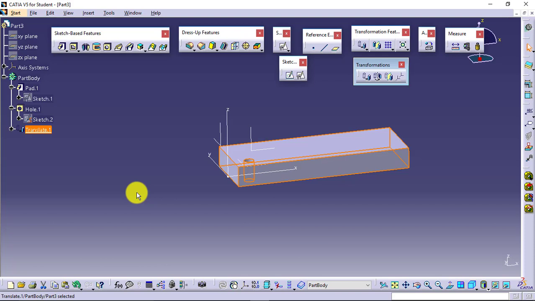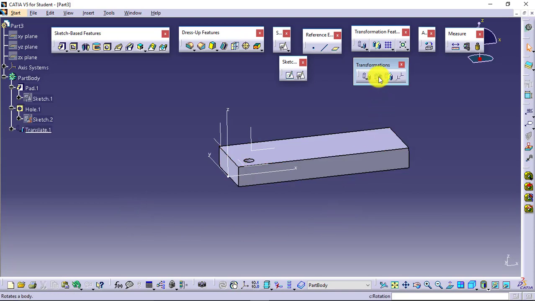Go to the assembly and check whether it is feasible, then I can continue. If it is not feasible, I can come back to the part design environment and again change the position. This is one of the advantages. You don't need to assemble that particular part multiple times at different locations. This can be an advantage of the transformation feature.